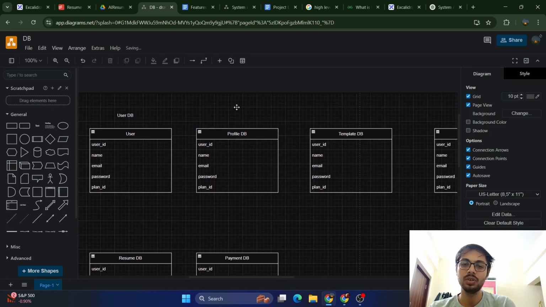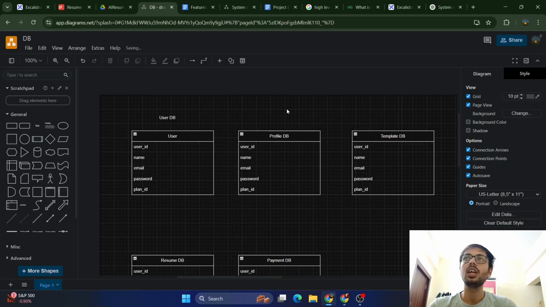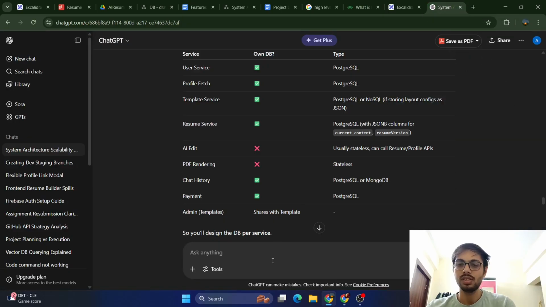For profile though, in the profile db we need to store different profiles. So either we can store them in a generic way, all in the same format, or we can store them in some other way. Let's see, let's just ask. Name profile db. How can I store